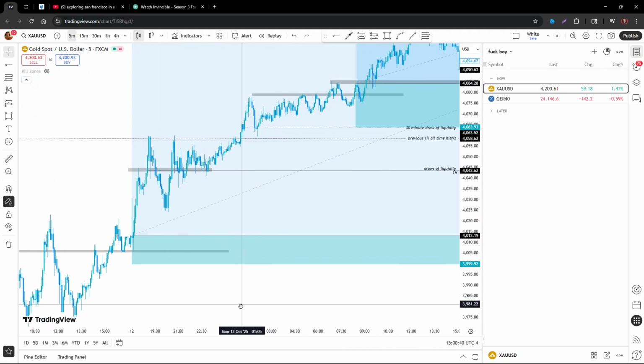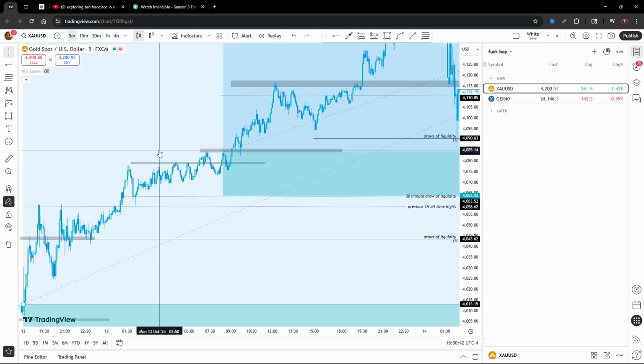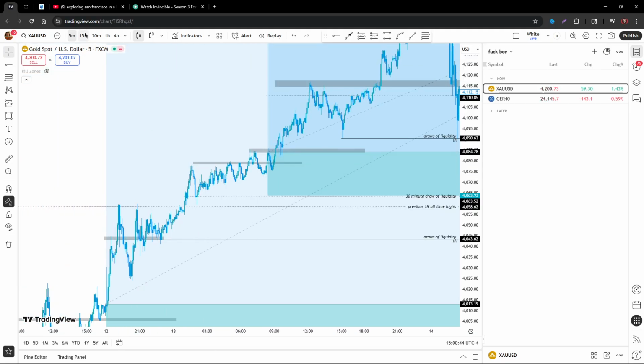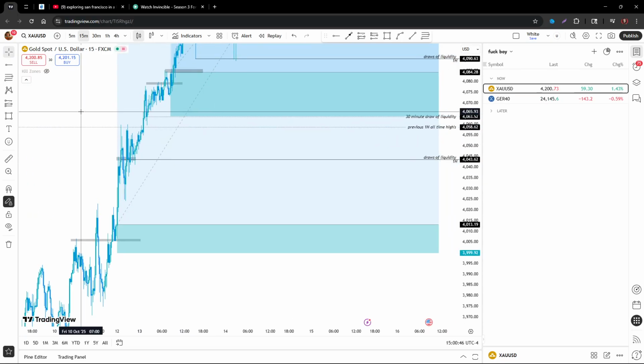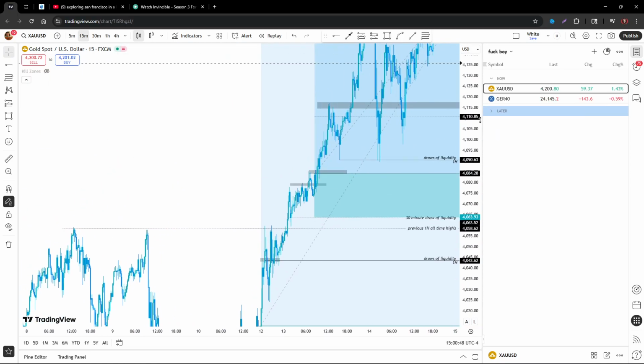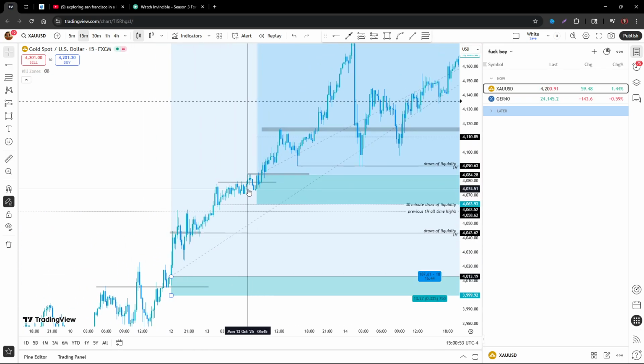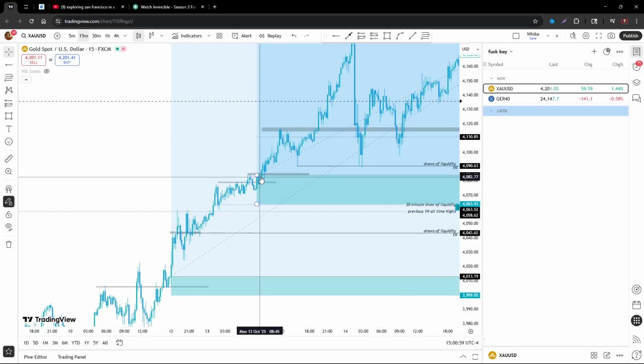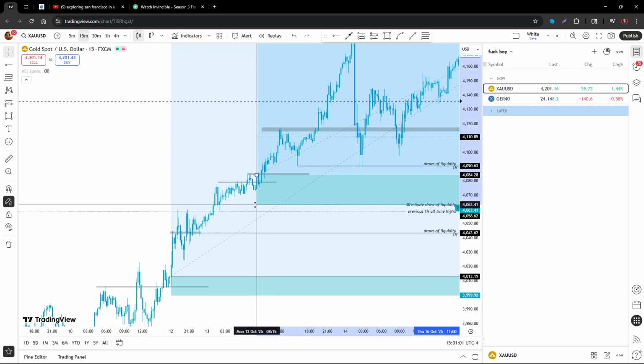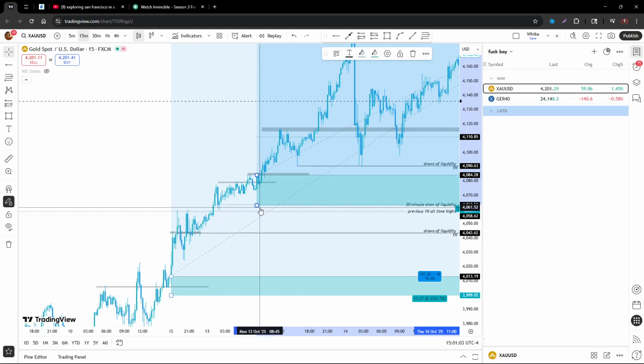So after we got this push up, boom. All we did was right here, we saw price consolidating, which was a risky setup, but we still took it just because gold's been on a movement right now to push and push and push. So when we marked this out, we had an indication. We had this breakout, we had it pulled back over here. So as soon as I got this breakout again, I then got in. Stop loss was pushed down to these lows just in case it wanted to pull back, because I was already into the trade earlier. I didn't want to take pullbacks because we're at all-time highs, all that.